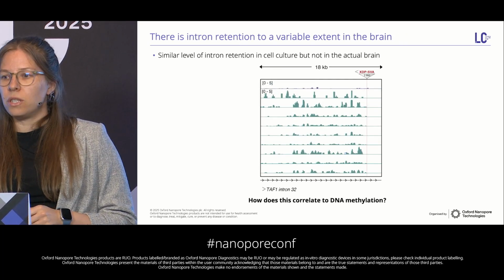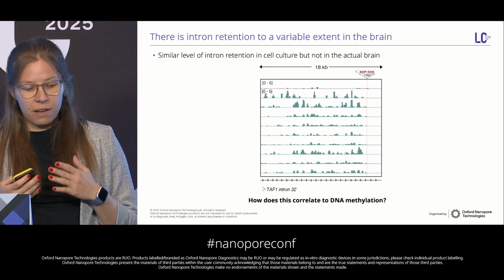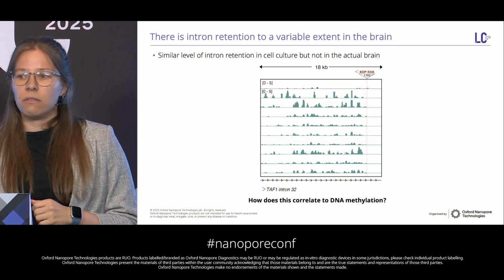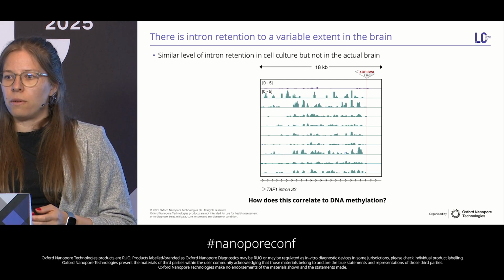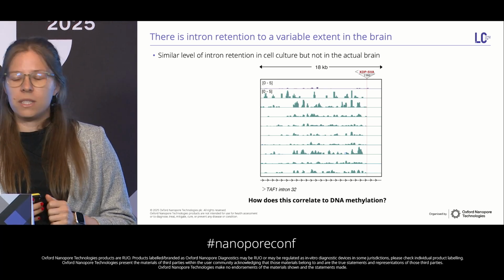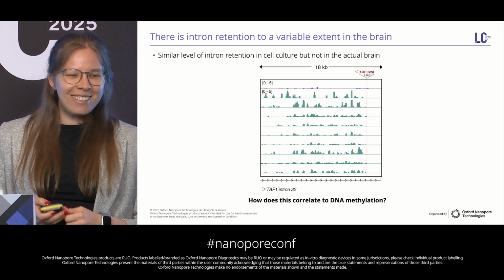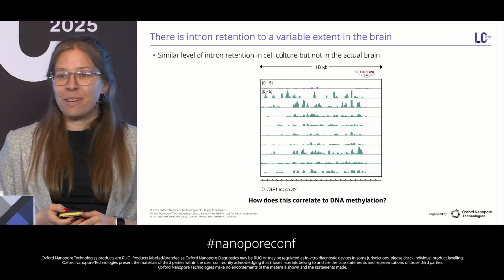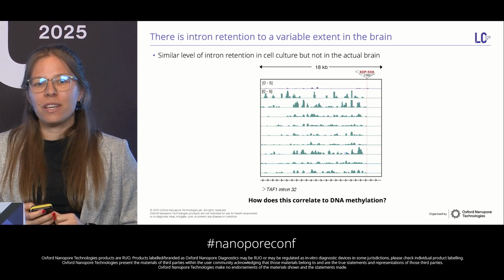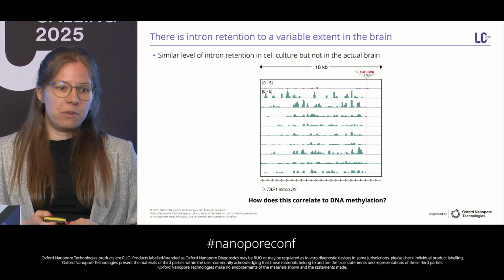And then next, of course, we wanted to see how the gene expression looks at this locus in the brain of the patients. And surprisingly, we found that there is intron retention, but the level of intron retention was very different in different individuals. So now if you remember the plot I showed you about the cell lines, there we saw the same level of intron retention, basically. But from this data, it looks like the picture in the human brain, as expected, is much more complicated than in a cell culture. So I think that's also a very important take-home message, that things are more complicated in the actual brain than in the dish. And now, of course, we are working on trying to find the correlation between the presence of DNA methylation and the level of TAF1 misregulation.